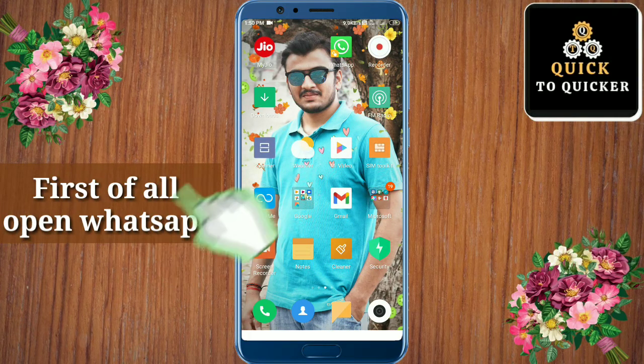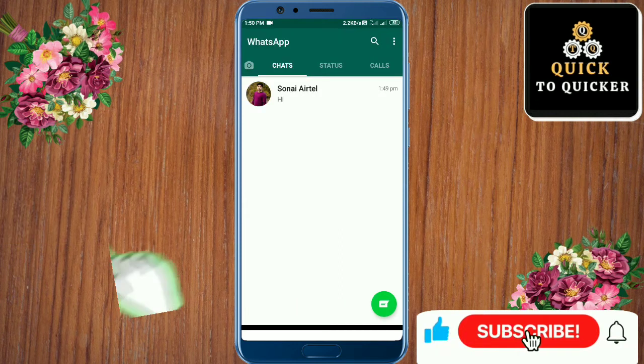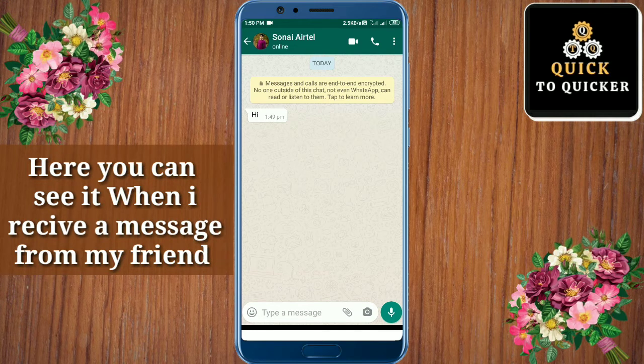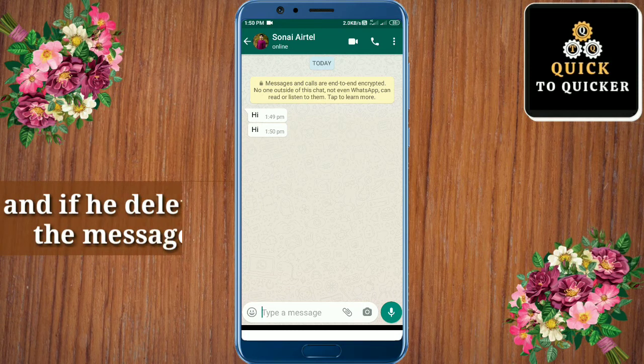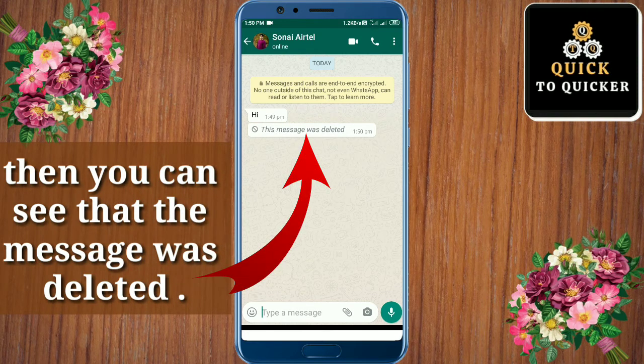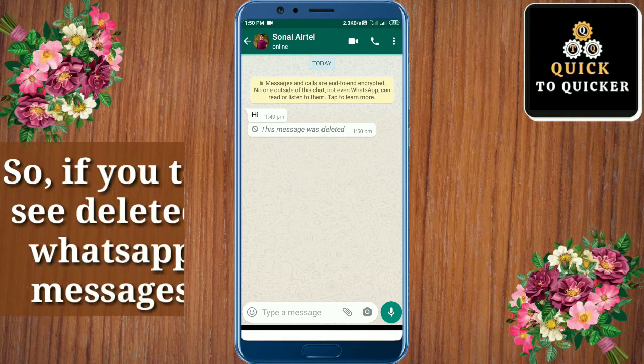First of all, open WhatsApp. Here you can see it when I receive a message from my friend, and if he deleted the message, then you can see that the message was deleted. So if you want to see deleted WhatsApp messages,